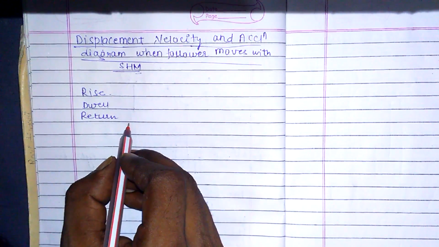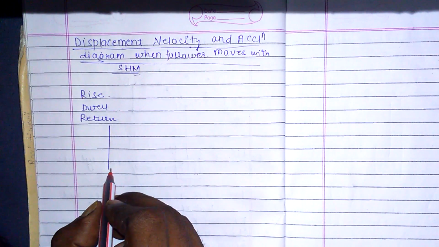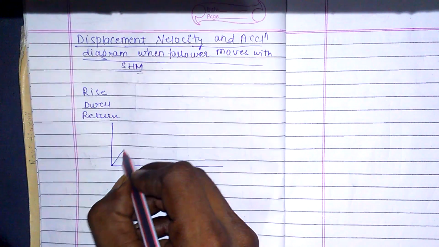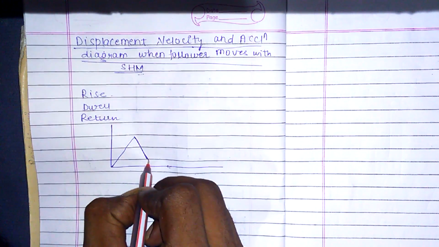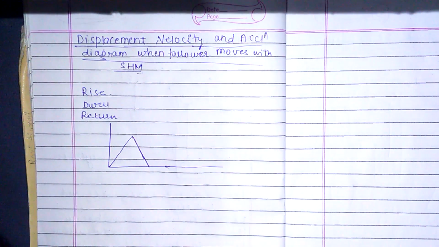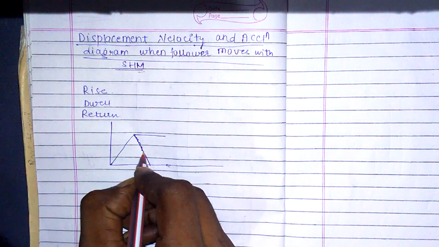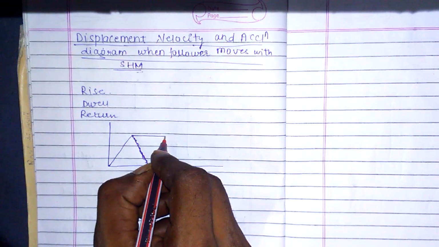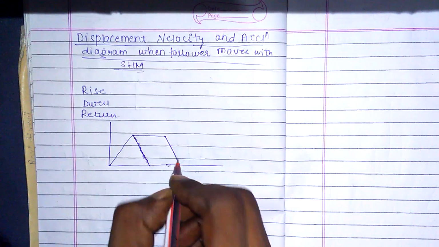How to show this? Okay, let us first draw this. This is the rise. Now if we return, then we will show it like this. But if there is dwell in between, then there will be a constant straight line. There will be no backing line like this. There will be a straight line, and then it says that there is return, then return.